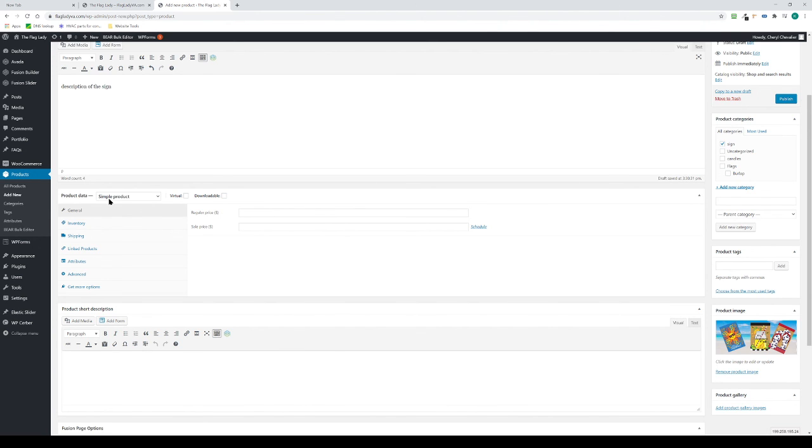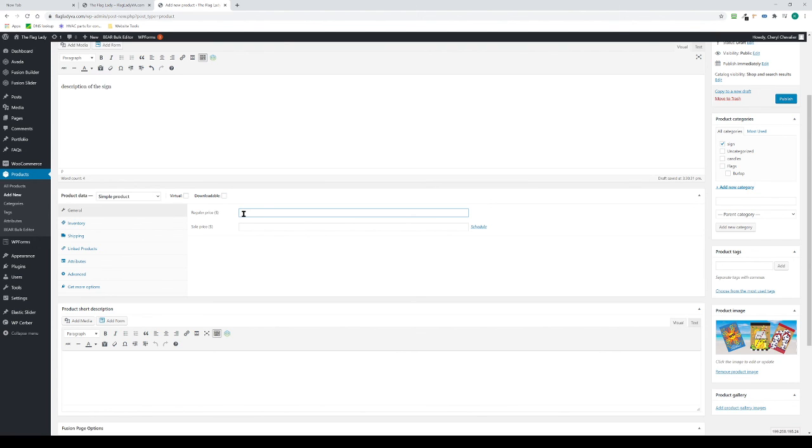Well, they'd still be separate products then. Yes, so they would be different, so they'd still be a simple product. So what I'm getting at is simple product versus variable product. Simple means there's just one type. So it's like there's this sign, with that saying on it, and that's it. Variations means there's different colors with the same